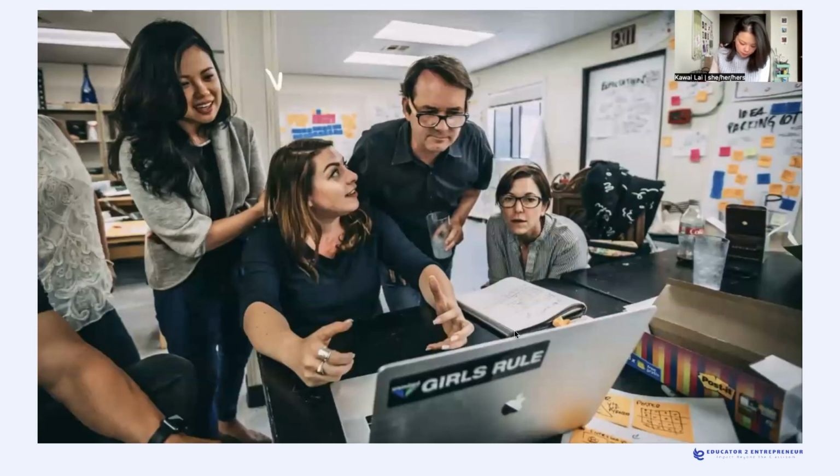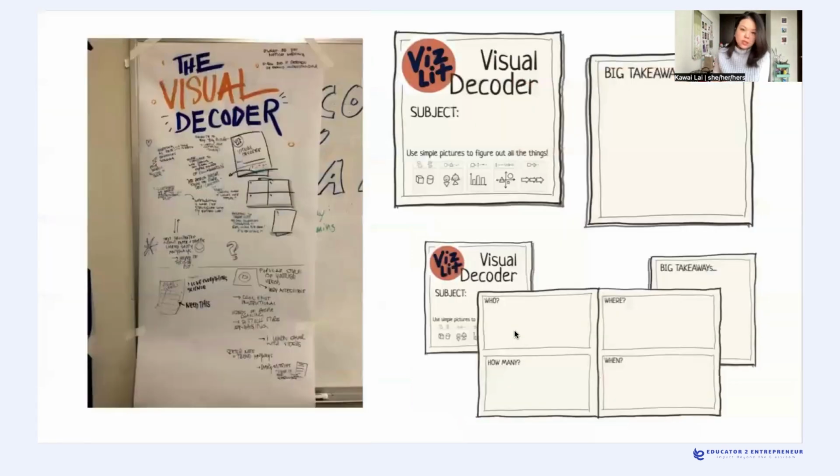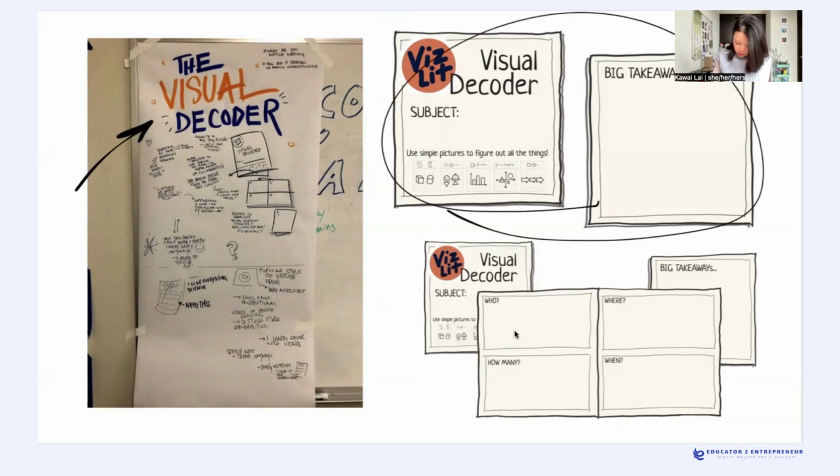An example from the early days of Vislet. Here we are as a team. We were really trying to bring the concept of visual thinking into the classroom for teachers. Here's one of our early prototypes. We called it the visual decoder. It was a simple piece of paper that you can fold in half here, and then you label it on the inside, and on the outside it looks like this. The idea was that you can use it to decode anything, any subject, anything really that you wanted to